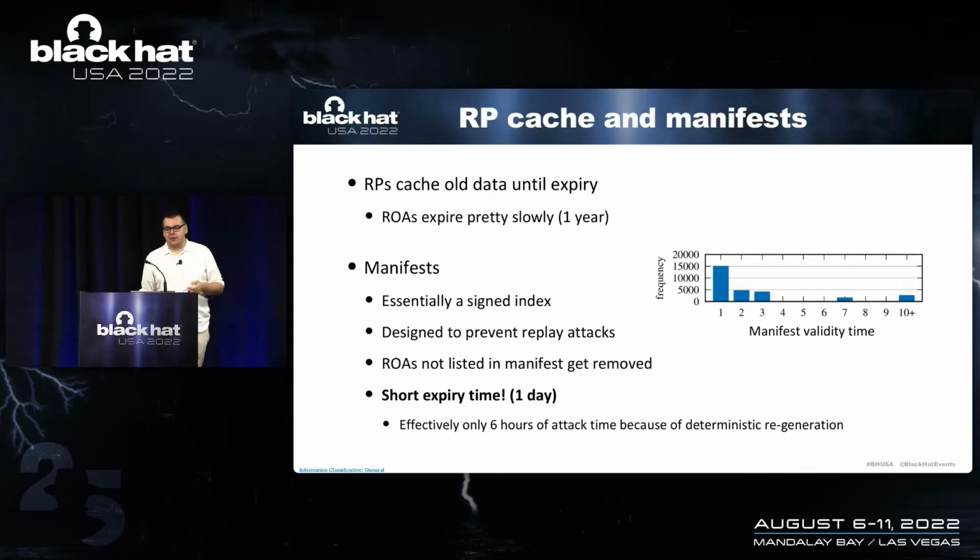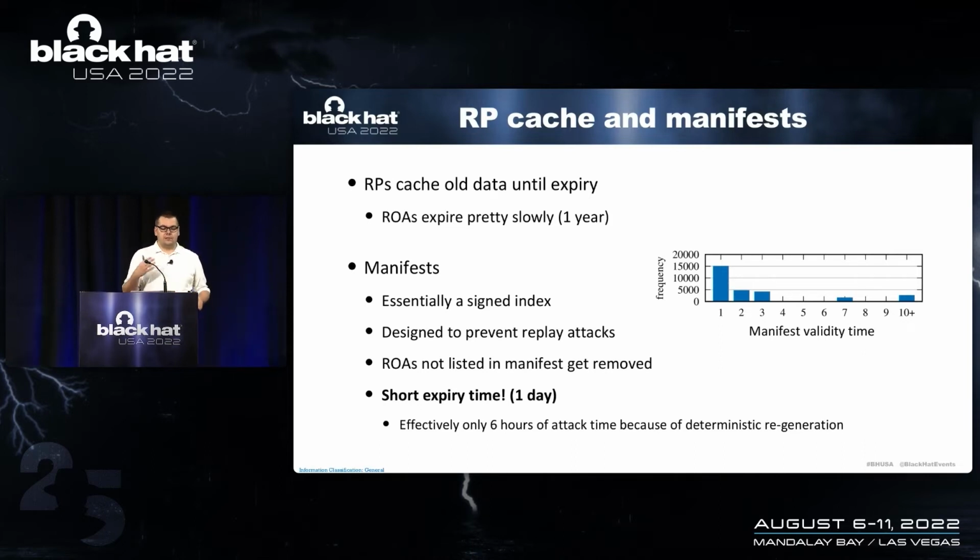That's a valid mechanism. However, because these manifest files have a short expiry time, we can essentially use them to expire an RA, because if the manifest file which references the RA times out, the referenced RA will also time out. And manifest files have a short expiry time, typically 1 day. And so you only have to make the blocking communication attack for 1 day. And effectively, actually, because of how those manifest files are generated, you only have to do it for 6 hours,